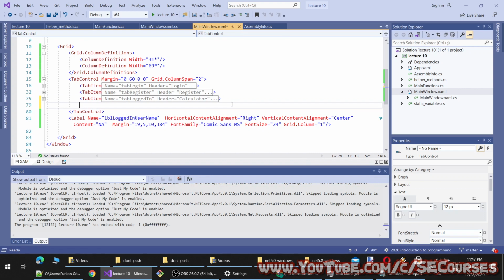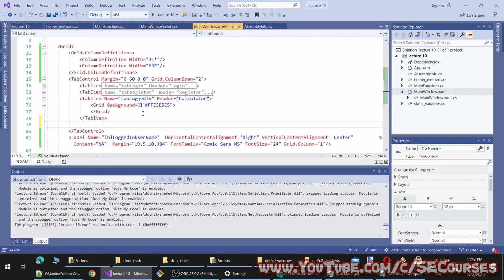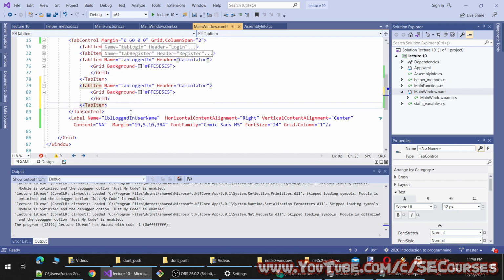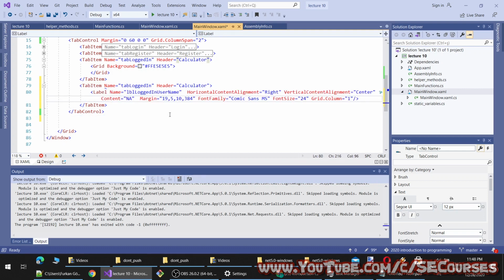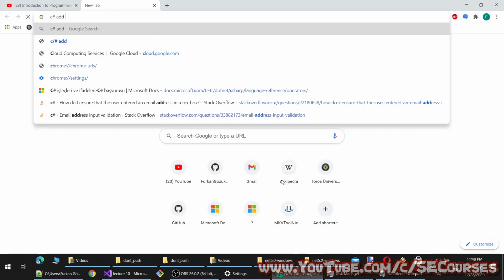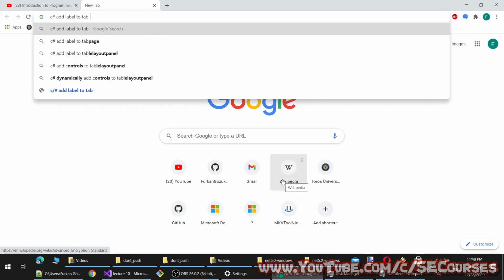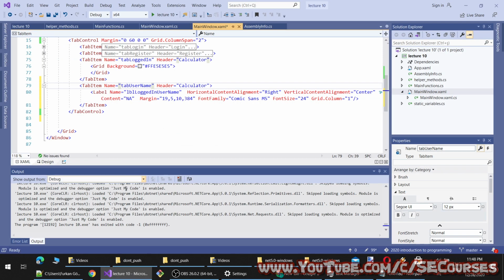I think we can add a top item, and inside the tab item, instead of a grid, maybe we can show, or not tab item, but let's label it tab control.